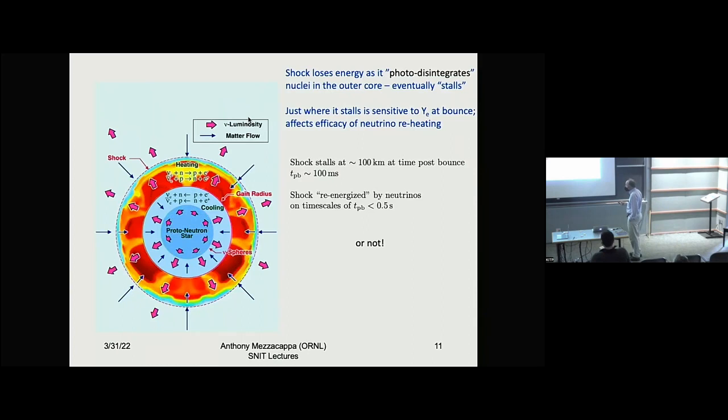It also depends sensitively, and the best models from the supernova modelers like Tony Mezzacappa and Thomas Janka and Adam Burrows and Kei Kotake, is that it's hydrodynamic motion that helps transport the energy deposited by those charged current neutrino interactions out to the base of the shock. So that's shown here. So that's the idea. The shock stalls at hundreds of kilometers. At roughly 100 milliseconds, it's re-energized by neutrinos on timescales of something like half a second, or it isn't. Don't really know. Some of these models don't explode.